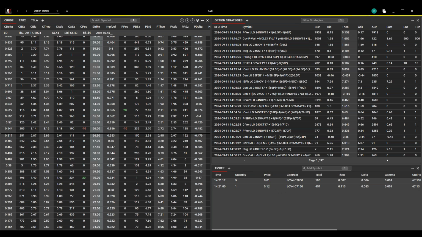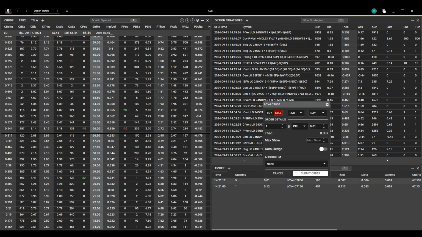It is possible to execute directly from the ticker. So if you see something going up and you see that, okay, 5 lot of these 78 calls just traded, I'm interested in that. A single left click on the price will bring up an order ticket. So if you see something interesting that's happening in the market, you see somebody's trading this call, you want to take a look, real easy, single click, pull up an order ticket, and you can place an order